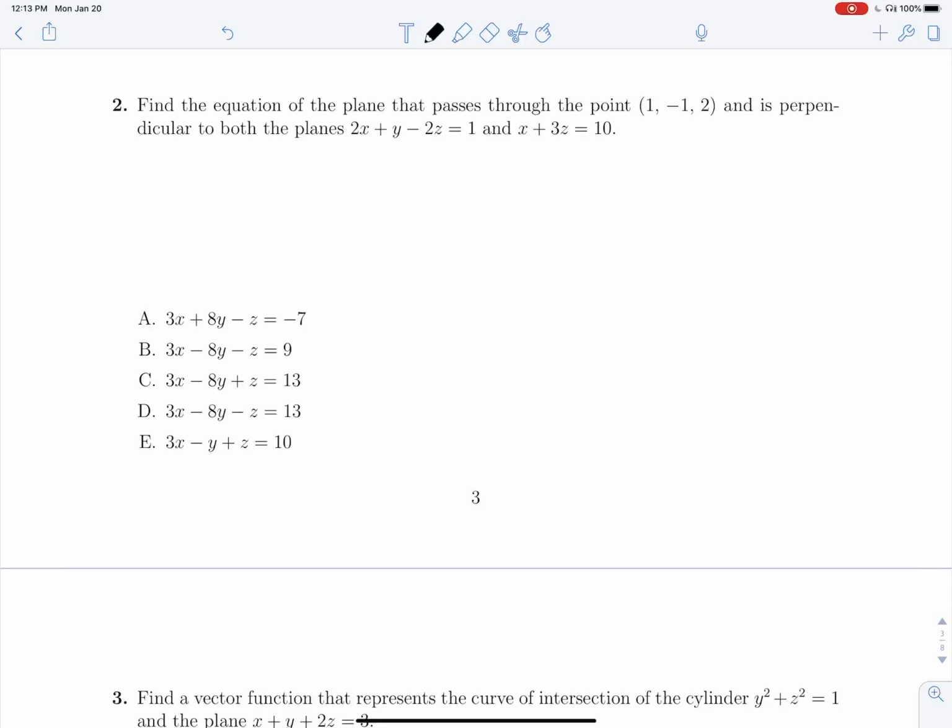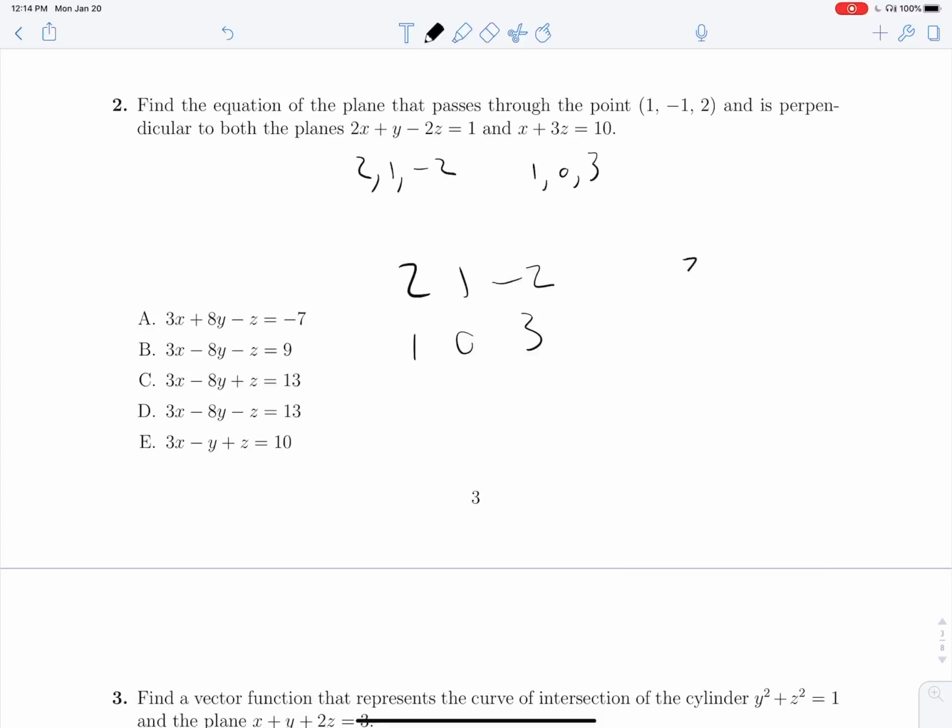Let's see, we're going to find the equation of the plane that passes through this point here and is perpendicular to two other planes. So whenever we need a normal vector that is perpendicular to two other vectors, we can pull these normal vectors out as 2, 1, -2, and 1, 0, 3. Whenever we're looking for something mutually perpendicular to two vectors, we know that that's a case for the cross product. And so if we cross these, 2, 1, -2, 1, 0, 3, we will get